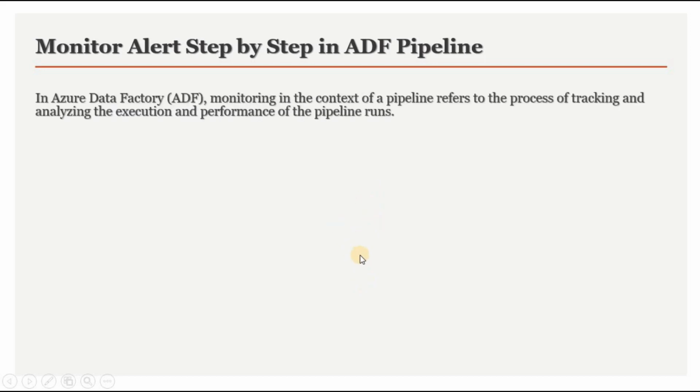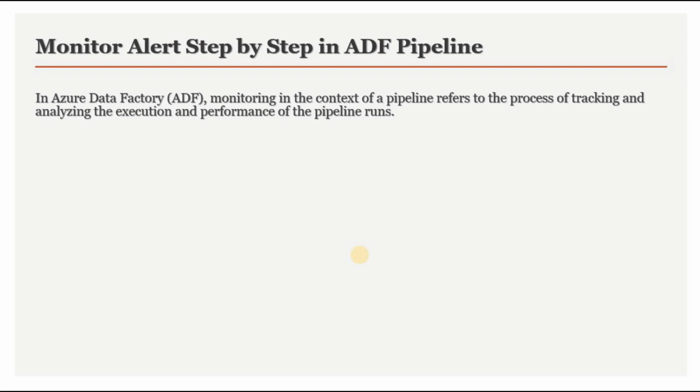So basically, monitoring in the context of a pipeline refers to the process of tracking and analyzing the execution and performance of the pipeline run. Monitoring allows you to gain insight into the behavior of your data workflows, identify potential issues, and ensure the successful execution of the data integration process. The key aspects of monitoring are the pipeline runs. We already saw the activity runs, and the trigger history and debugging we already saw, and we'll see the alerts